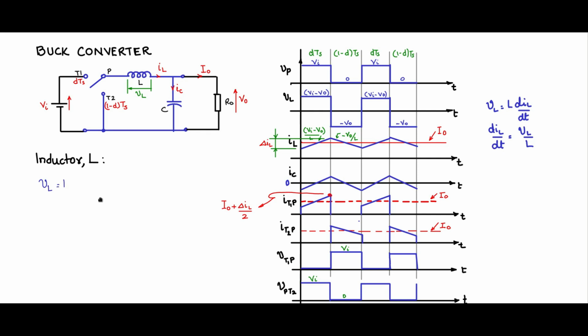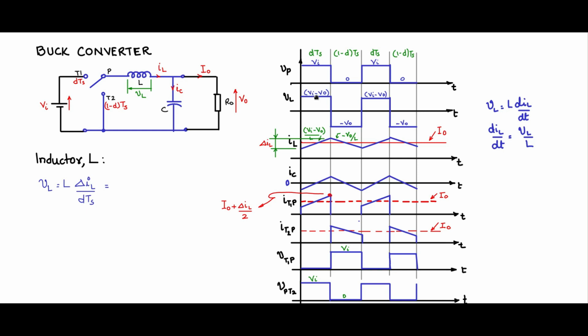We will use the Faraday equation. VL is equal to L delta IL by delta T, L dIL by dt. Now we see that in the inductor current waveform, it is a straight line, linear, because the rate is constant. So therefore I can take it as delta IL by delta T, and delta T is nothing but dTs here, or 1 minus dTs, depending upon which period you want to take. So let us say I am talking of dTs period. So in the dTs period, the slope is the current traverses through delta IL, that is this, in a period of dTs.